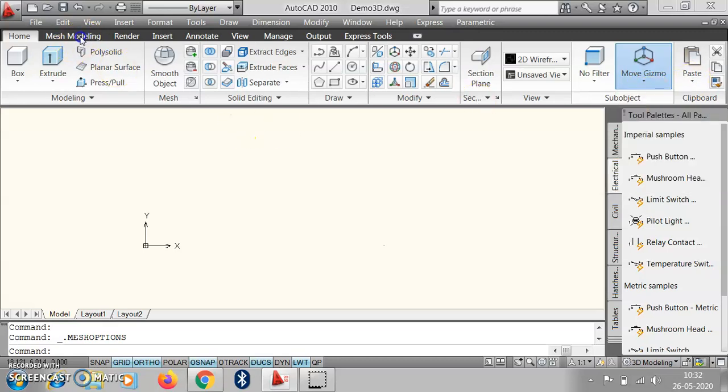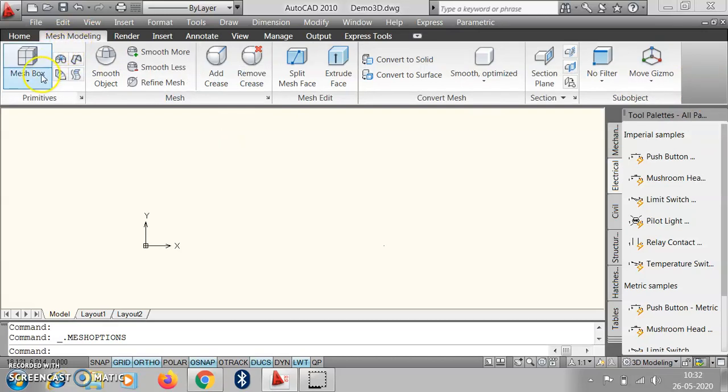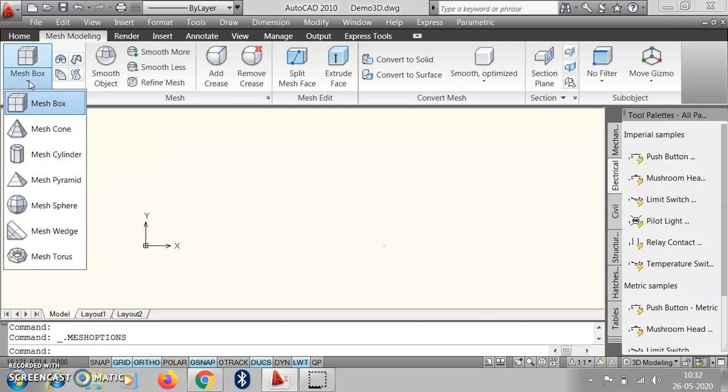Then if we click here on the second ribbon, there is the toolbar, mesh box is there, and different types of mesh modeling options are available.